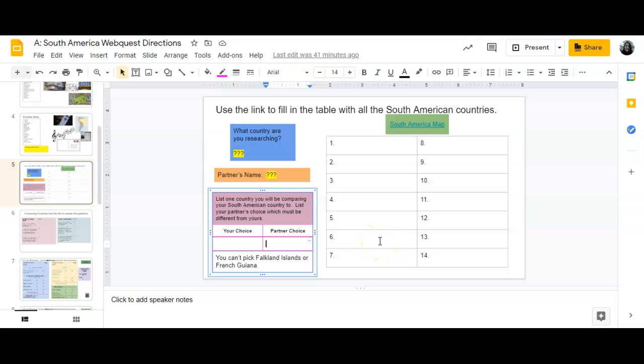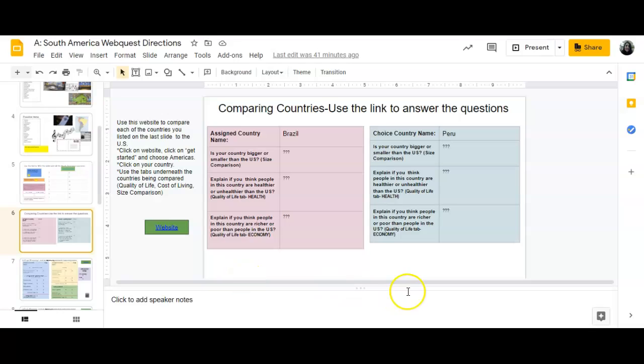So you want to have all of the South American countries and territories listed here. It doesn't need to be alphabetical order. It doesn't need to be in size order. Just listed here, 1 through 14. So what you are going to do today is you are going to compare your two countries,